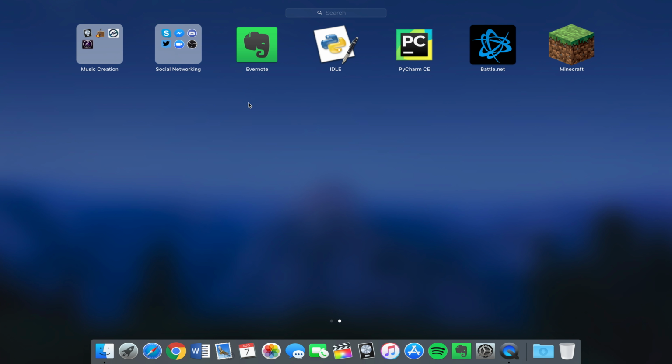But here we have Evernote, which is my main note-taking software. I use this to be able to transfer notes between my iPhone and here. I talked about it in my iPhone video. Idle, which is